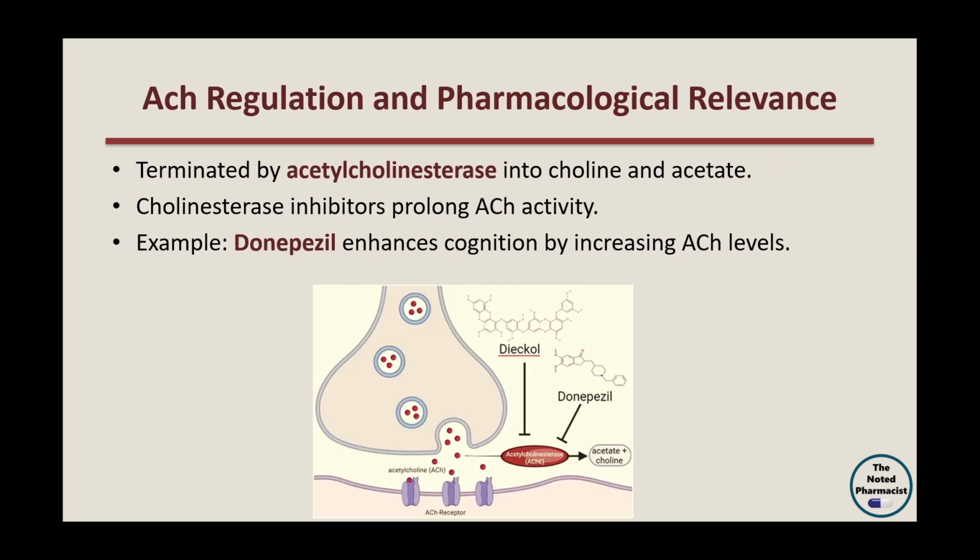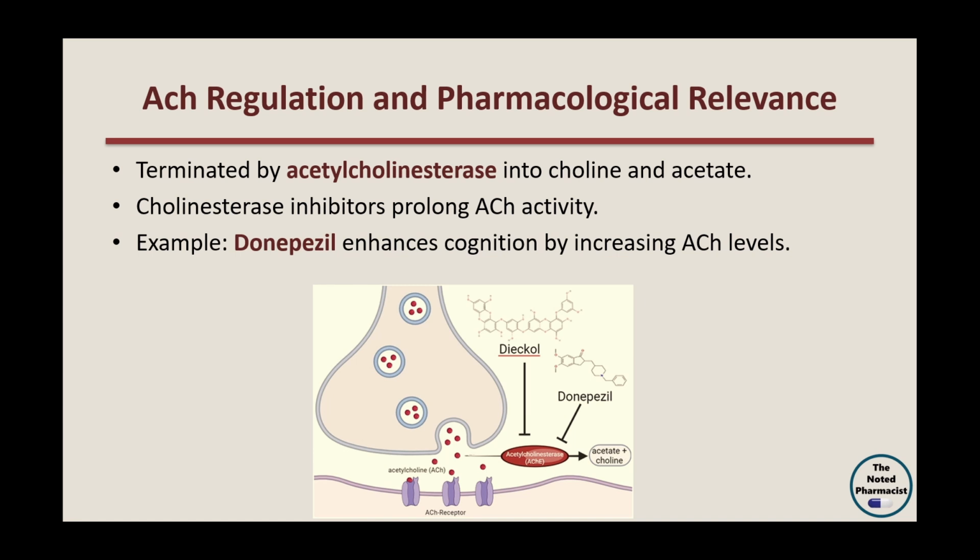The activity of acetylcholine is tightly regulated by acetylcholinesterase, an enzyme that rapidly hydrolyzes acetylcholine into acetate and choline, thereby terminating its effect. Pharmacologically, cholinesterase inhibitors, such as donepezil, act by inhibiting this enzyme, prolonging acetylcholine activity at synapses. For example, in Alzheimer's disease, donepezil enhances cholinergic transmission in the brain, potentially improving memory and cognitive function by sustaining